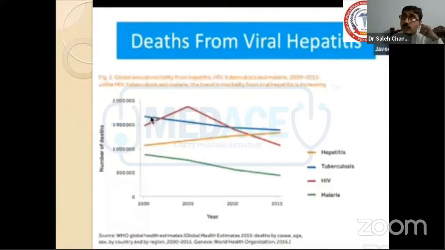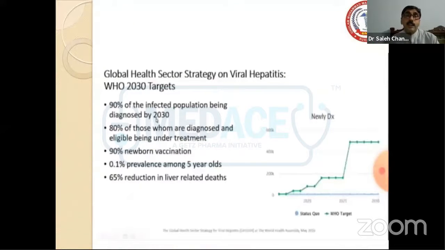World Health Organization sought out what is the cause of this and formed a strategy. And this number was more than HIV, equal to tuberculosis, and more than the deaths by malaria. Then World Health Organization formed a strategy known as the Global Health Sector Strategy on Viral Hepatitis, and gave a target up to the year 2030, in which they targeted that 90% of the infected population be diagnosed by 2030,